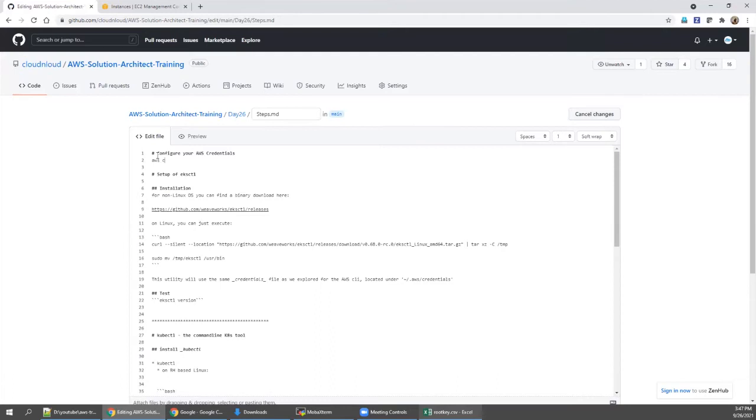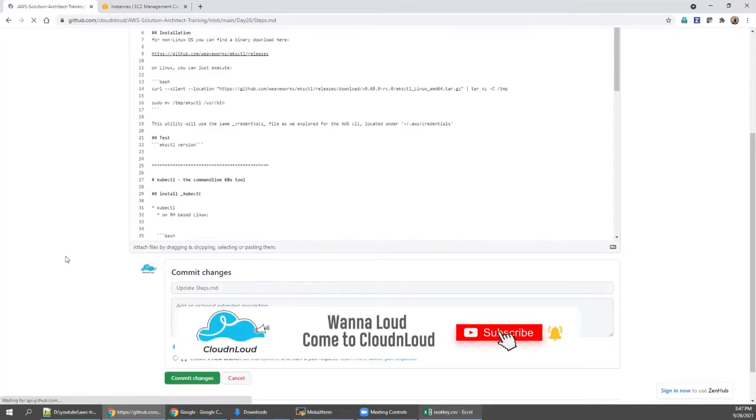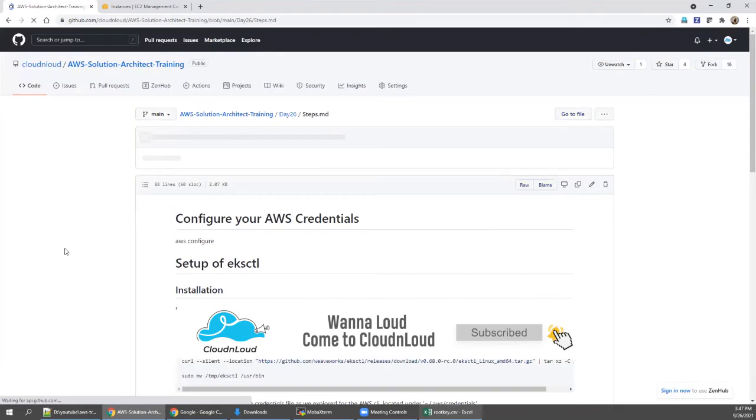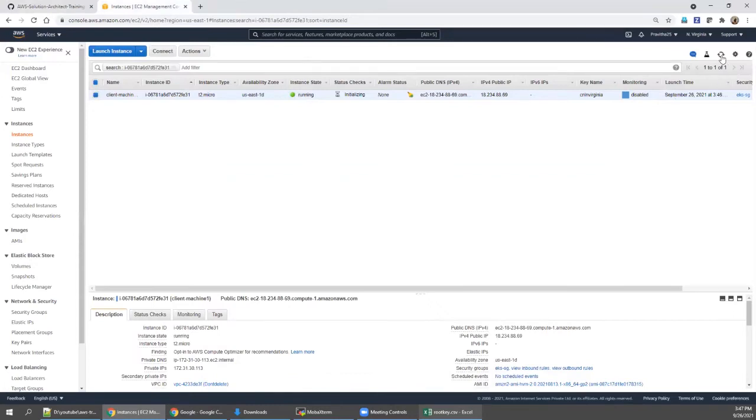Say the aws configure command and save it. So first, aws configure. Once the server is up and running, let's refresh it. Still it's getting created. Wait for a few more seconds.